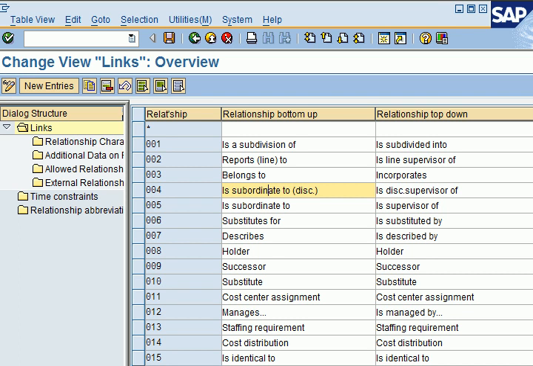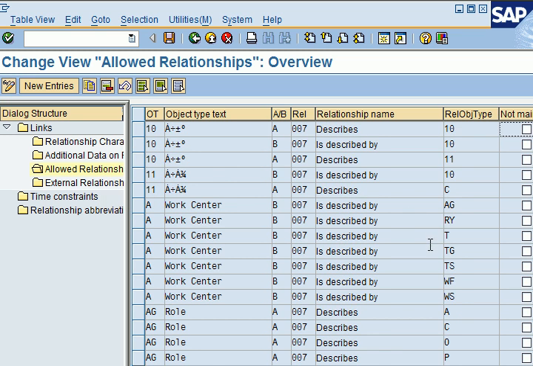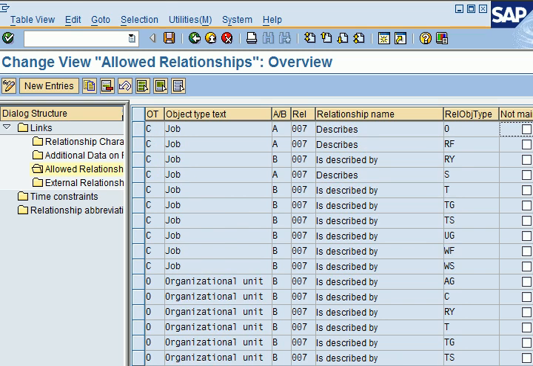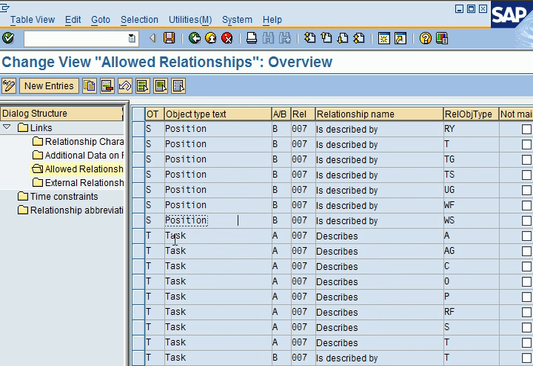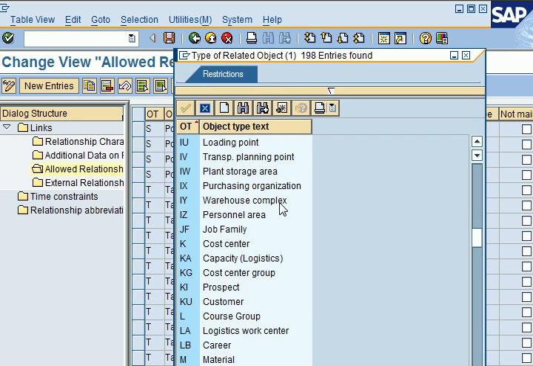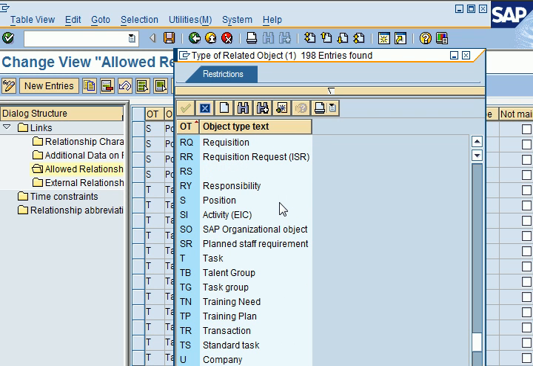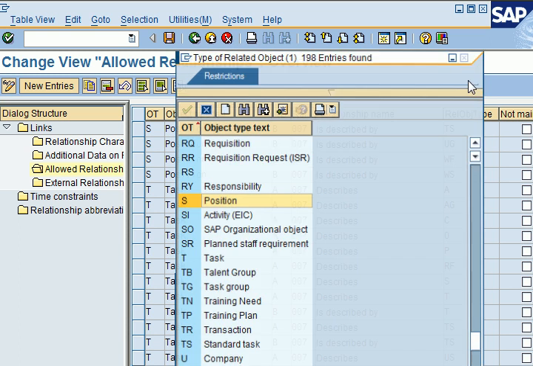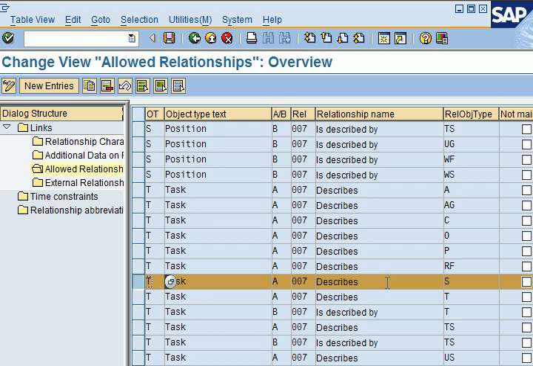So if we select a specific entry, 007 is described by, which helped us describe a relationship between a task and a position, and let us click allowed relationships for this and see. So if I scroll down to the task, here it is, tasks, describes, and position is indicated by the object type S. And if you see the drop down here and scroll down to S, S is the position. So this is where I define that I can create a relationship between a task and a position